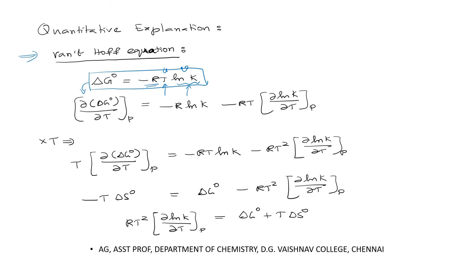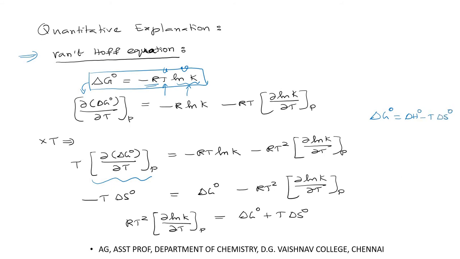If you multiply throughout by T, then you will get T into ∂ΔG° by ∂T at constant pressure equal to minus RT ln K, and here you will get minus RT² ∂ln K by ∂T at constant pressure. Then this left hand side quantity is actually called ΔS°. How? We know very well ΔG° can be given as ΔH° minus T into